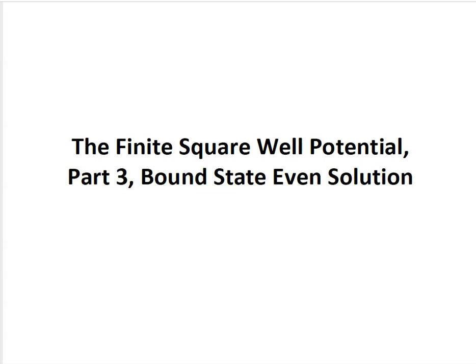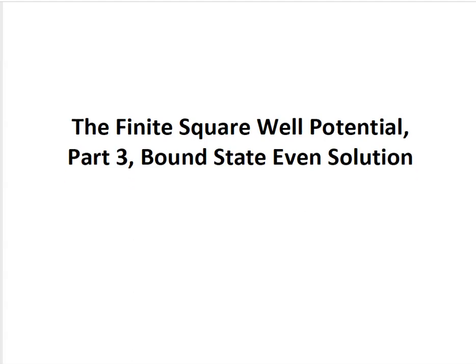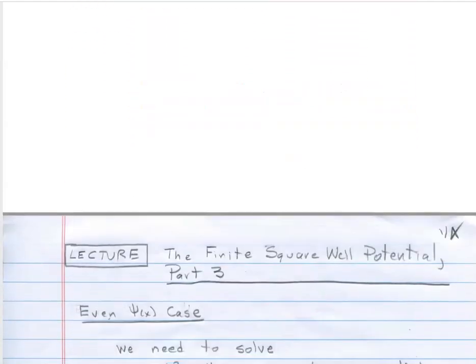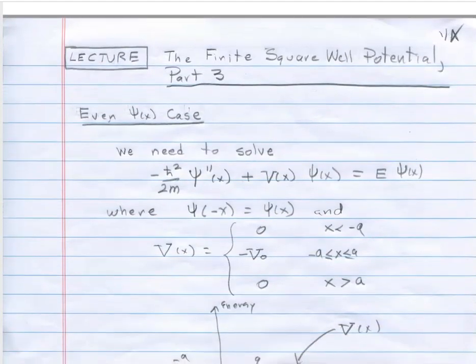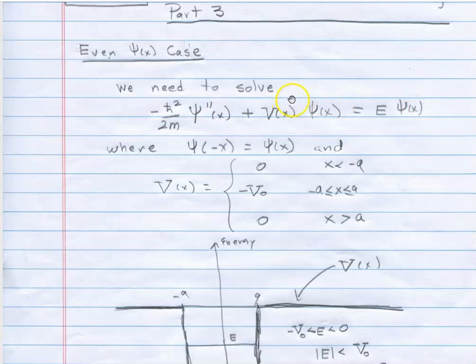Using what we learned in the previous video, that we can solve for even and odd solutions for this finite square well potential for bound states, we will launch into that and look first of all at the even case. So I'm going to be looking for the even solutions to the one-dimensional time-independent Schrodinger equation, where of course, since